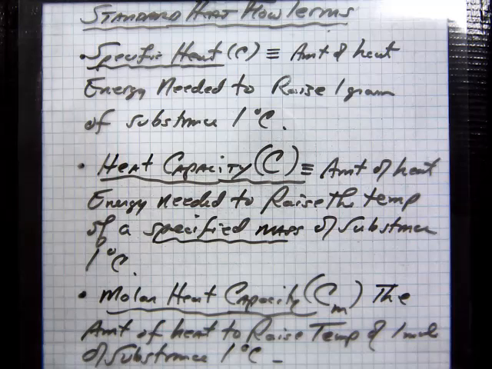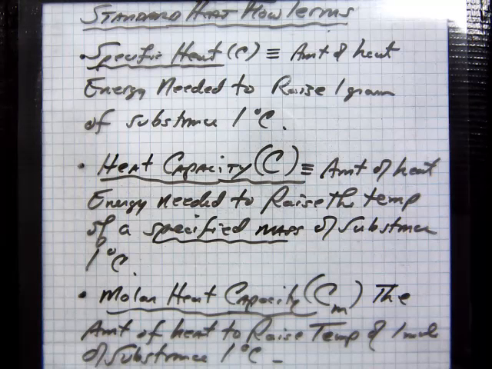So we have 3 terms that interchange themselves from time to time and may cause confusion if you don't know the definition. Primarily, the definitions will be defined and be related to solving problems, and we'll get to that. Specific heat deals with energy changes in grams. Molar heat capacity is energy change or heat flow in moles. Heat capacity is a generalization. You have to choose the mass factor. But heat capacity means how much energy does it take to raise the temperature of that quantity 1 degree Celsius.